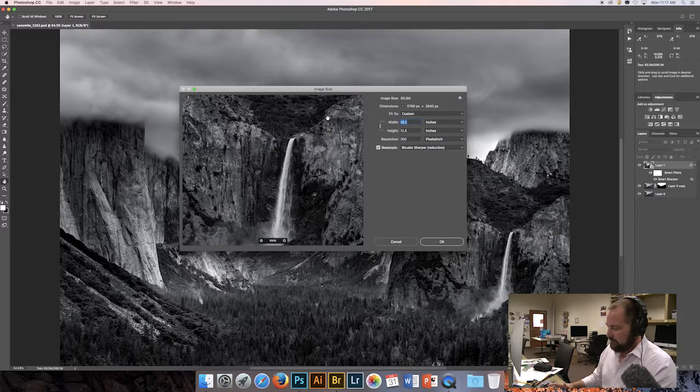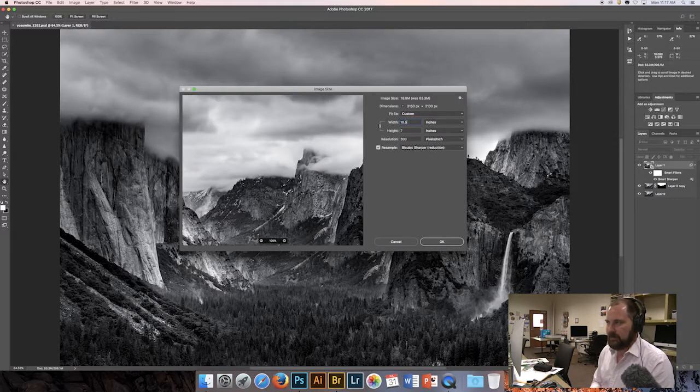So we want to change this to 10.5 inches, which will give us a half inch on the sides of the paper. And that also allows us to have a 7-inch print, so it'll be 1.25 inches on the top and the bottom as it's centered. So pretty much that's it. And we can break this out